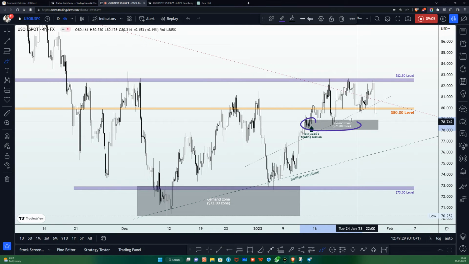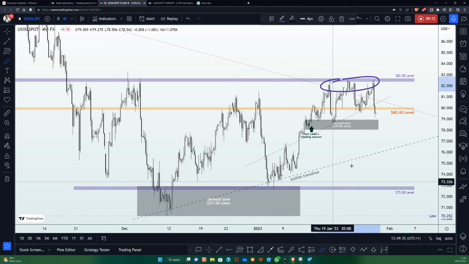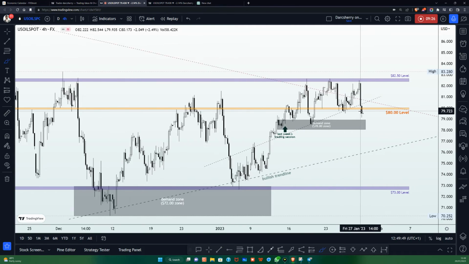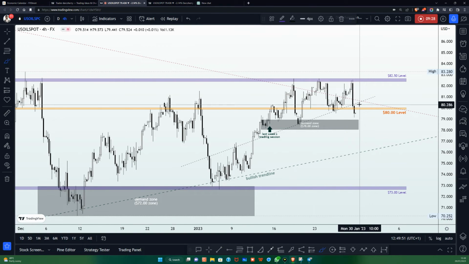We had a demand zone around the $78 level, but buyers were unable to break out of the $82.50 level. So at this point, considering that we are on a long-term bearish momentum with multiple rejections of the $82.50 level, it is advisable that we continue to look out for selling opportunities. However, price is back into that $80 level here, which remember is a very important structure in our daily